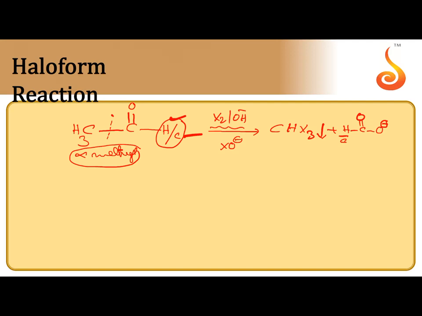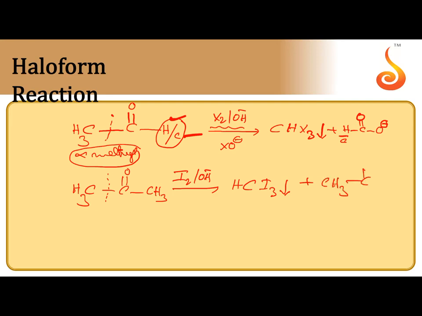So what type of aldehydes or ketones can give this test? Frequently they are asking this type of question. Alpha CH3: CH3 must be attached to carbonyl carbon. Suppose acetone, if you take, when it is reacted with iodine in the presence of sodium hydroxide, alpha CH3 will become iodoform, yellow colored precipitate. The other part, CH3CO part, will become carboxylate. If sodium hydroxide is used, sodium acetate is the other product. If it is subjected to acidification, we can get carboxylic acid, acetic acid.